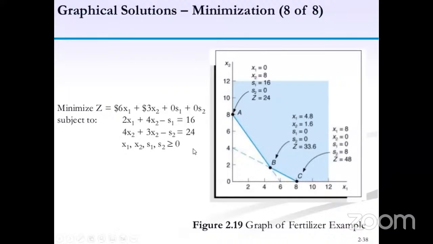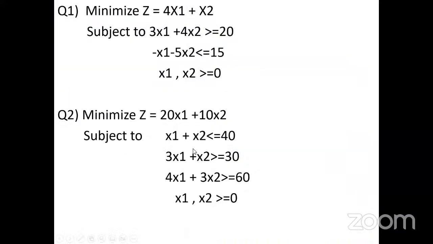Even in the minimization case, you can go to these questions and solve them. You can take a photo of this so that you can try to solve. Here, in this question, the equation is totally negative: minus x1 minus 5x2 less than or equals to. To convert this equation in the normal sense,